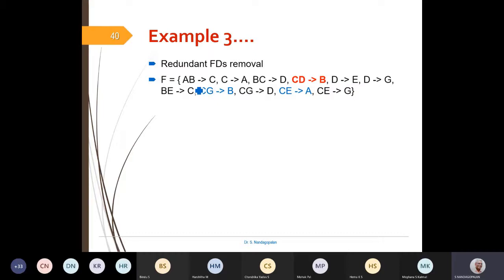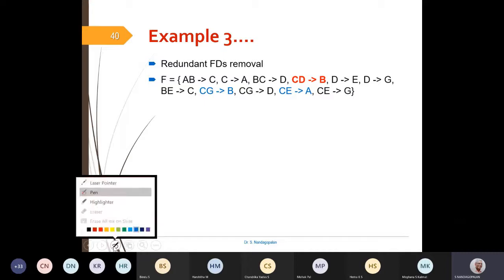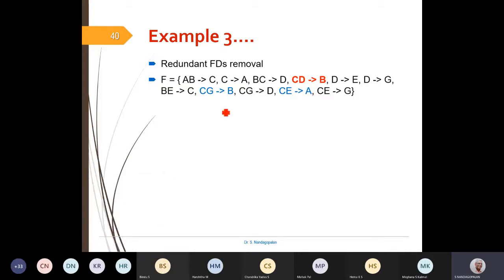So what we can do is check whether each of the FDs is really redundant, whether it can be implied by other FDs. So I'm just considering here CE arrow A, that is this one, marked in blue, now underlined with red.